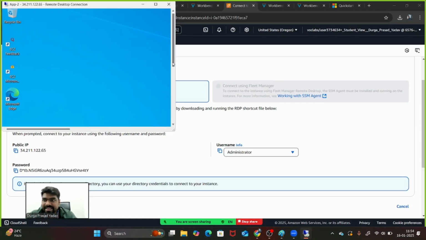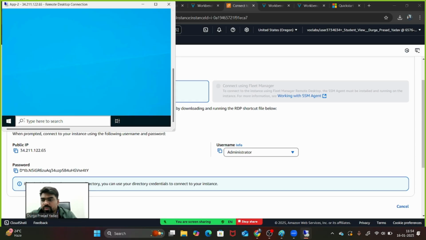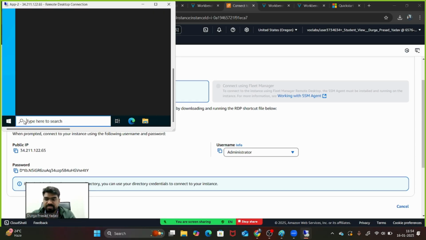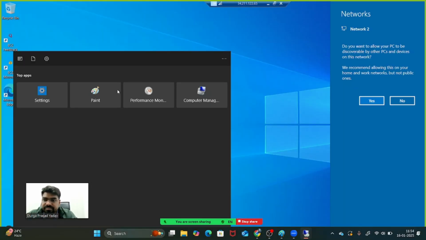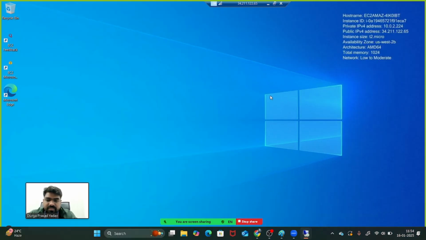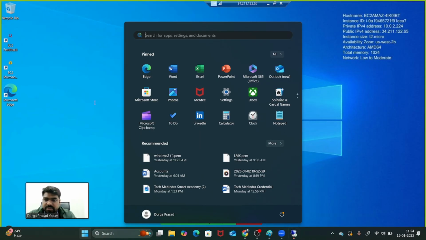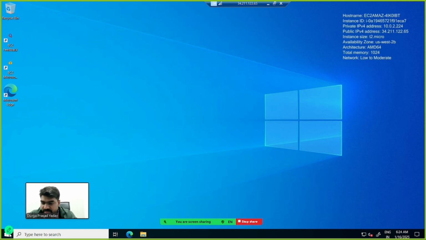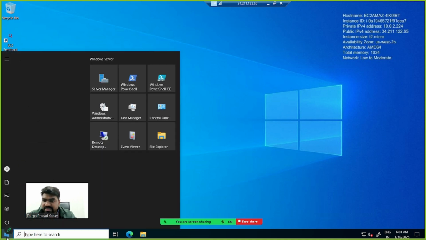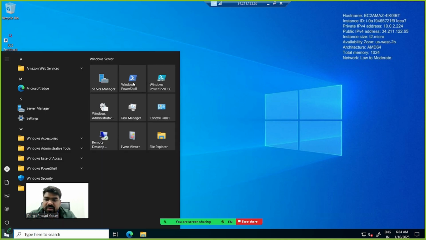So in the second one, guys, app2, we will search here PowerShell, Windows PowerShell. We'll click on yes, and we'll click here. Here start, and we'll open with the PowerShell.